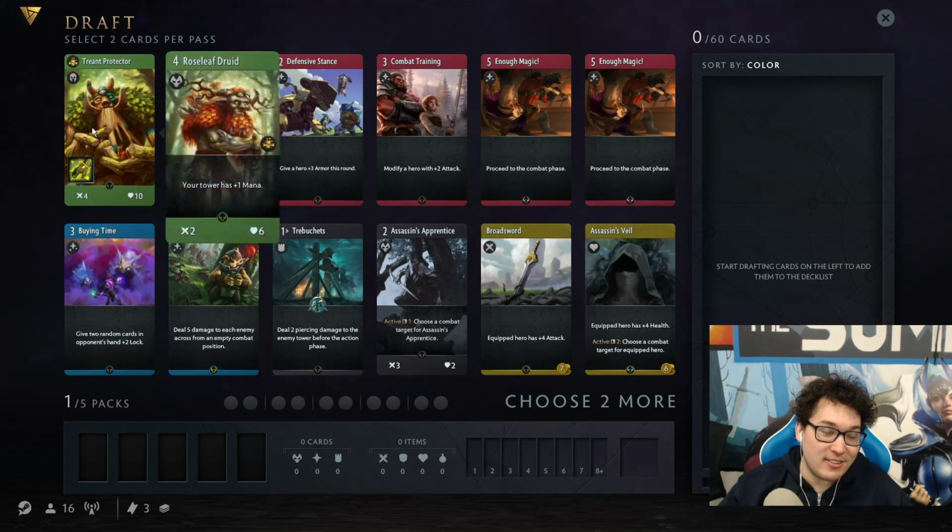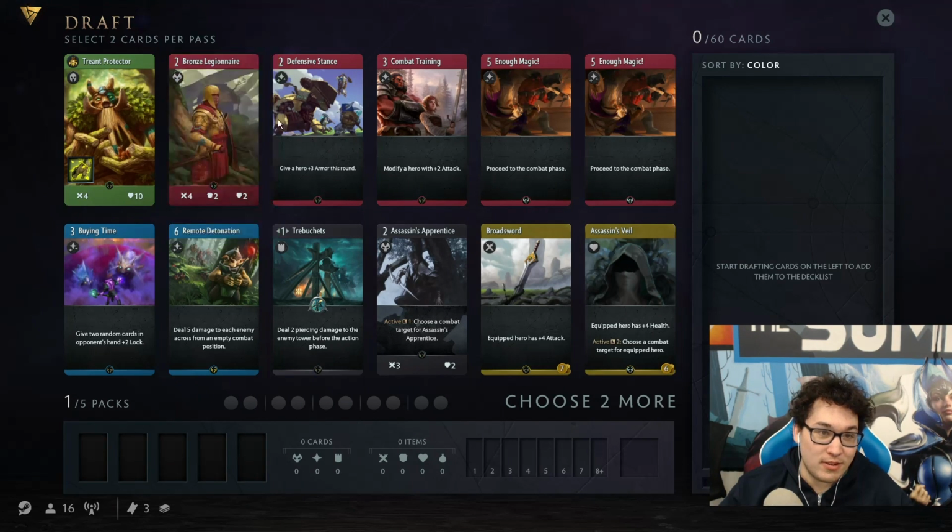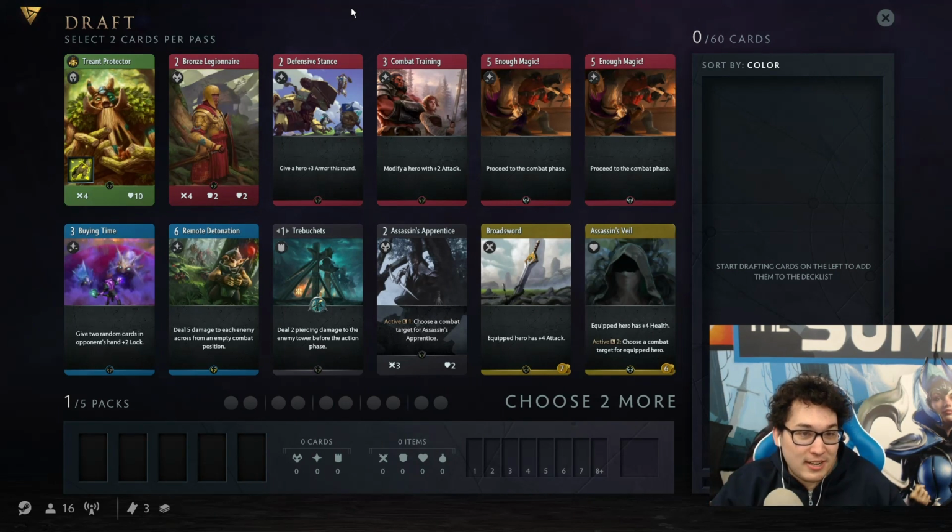Let's get started here. So we've got a pretty good opener. Treant Bronze Legionnaire is a very solid opener. The one thing about that is red-green is just a bad color combination in draft. It's much better in constructed. The thing about red-green in draft is you really want...